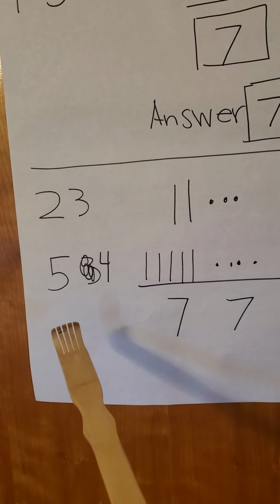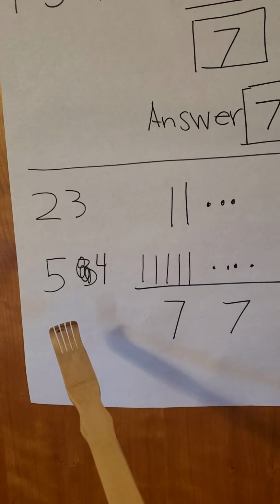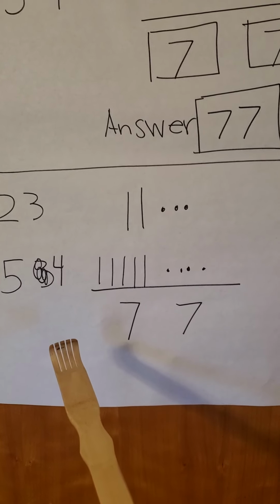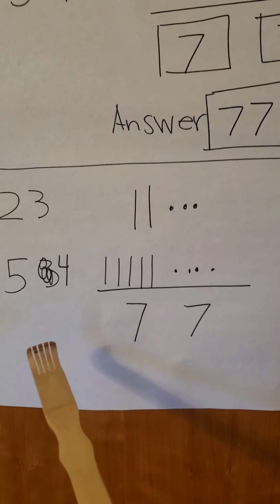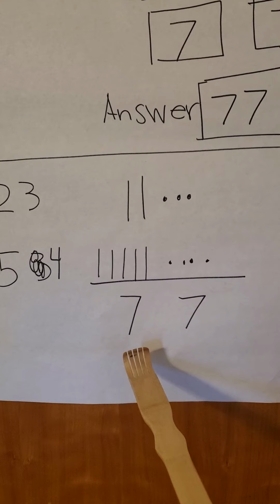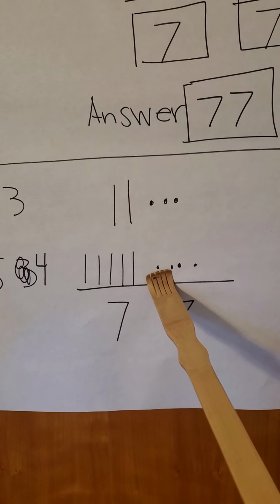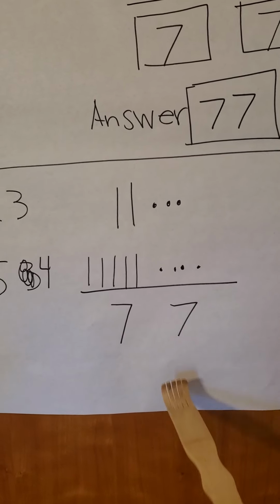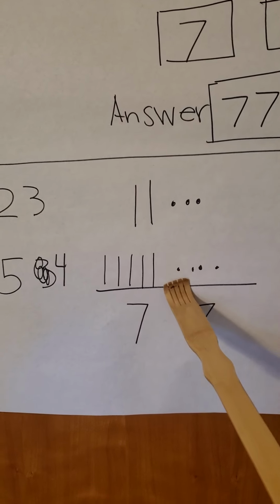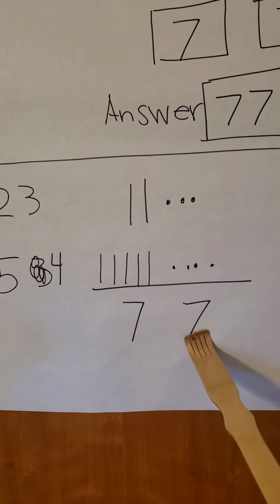And then over here I have 54. If I write those out so that I know what that means, when I look at that number, I have 5 10s. 10, 20, 30, 40, 50. And I have 4 1s. 1, 2, 3, 4. And I know when I add up the 1s place, 1, 2, 3, 4, 5, 6, 7, I get a 7.